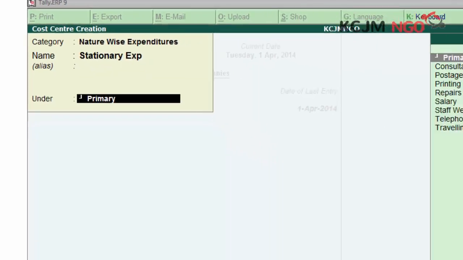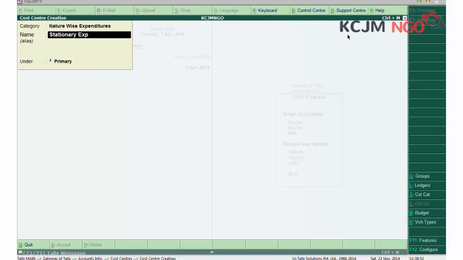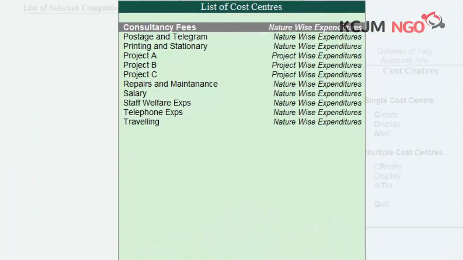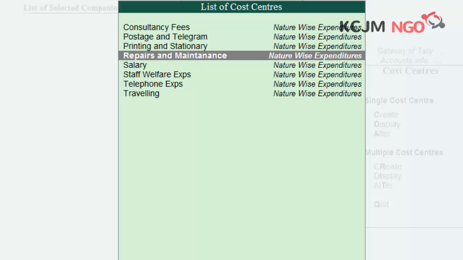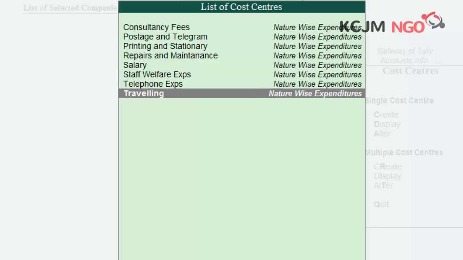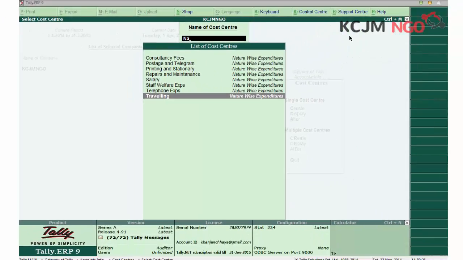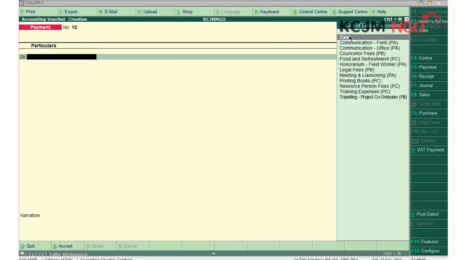You may create telephone or any standard expenditure. You can see I have created standard expenditures here: postage, printing, stationery, salary, staff welfare, traveling.